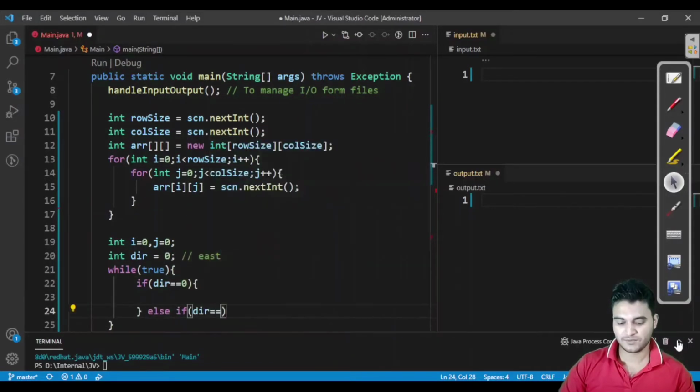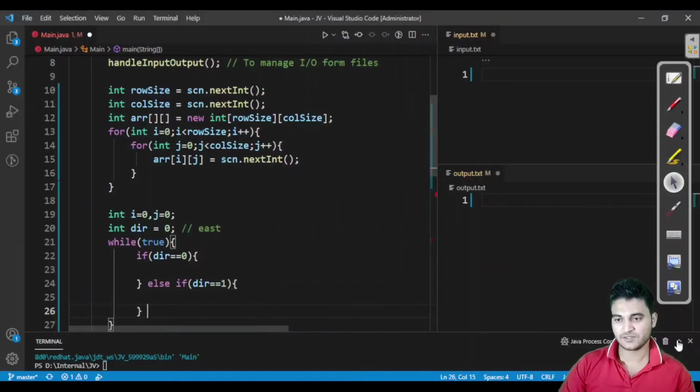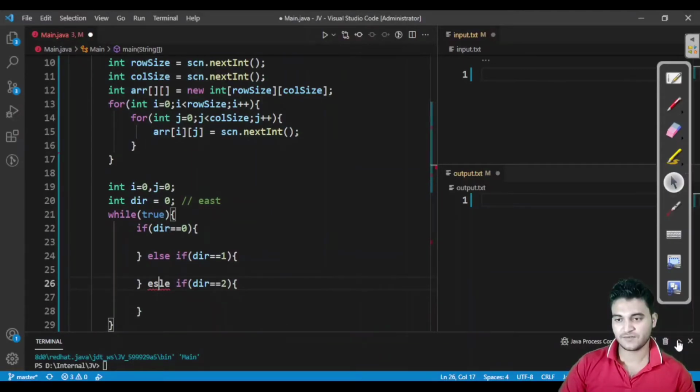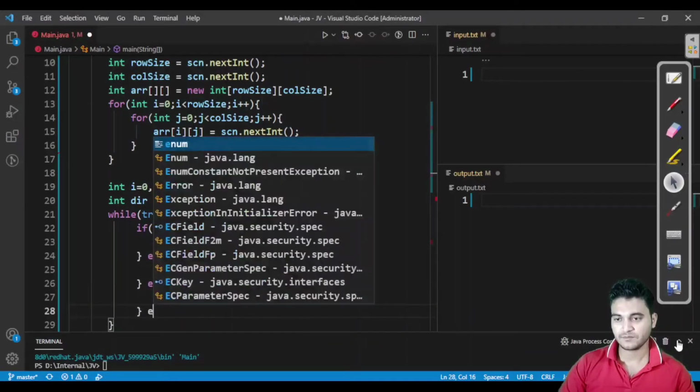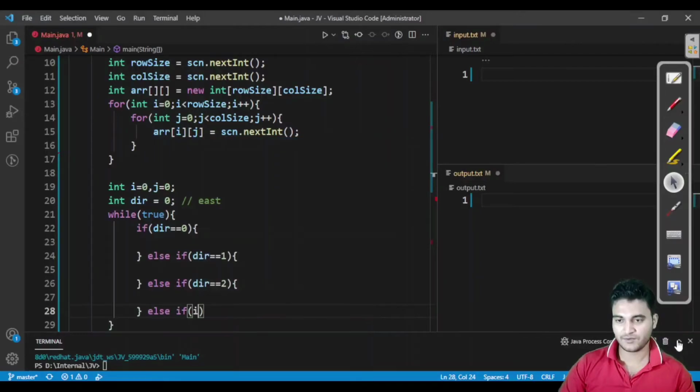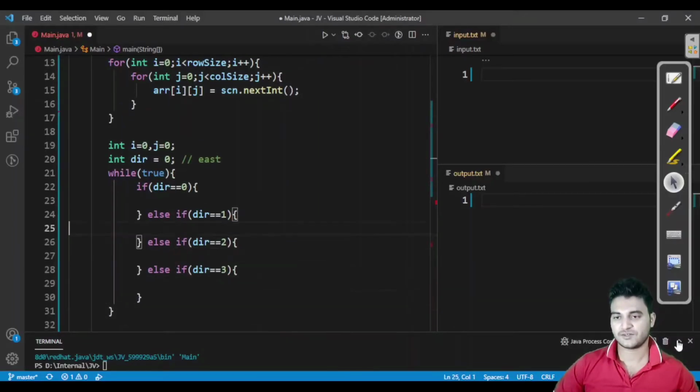If we are in south direction, then what we have to do. If we are in west direction, then what we have to do. If we are in north direction, then what we have to do. We have only 4 directions.